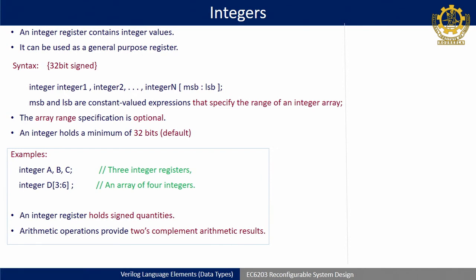Okay. And register is unsigned, integer is signed. So, that you have to take care. Any signed arithmetic operations you are doing have to be done in 2's complement form. Now, the syntax is almost similar: you write integer and you can give any values. I have taken generalized values like integer 1 up to n, and if you want memories in integers also, then you have to put an MSB and LSB range here.